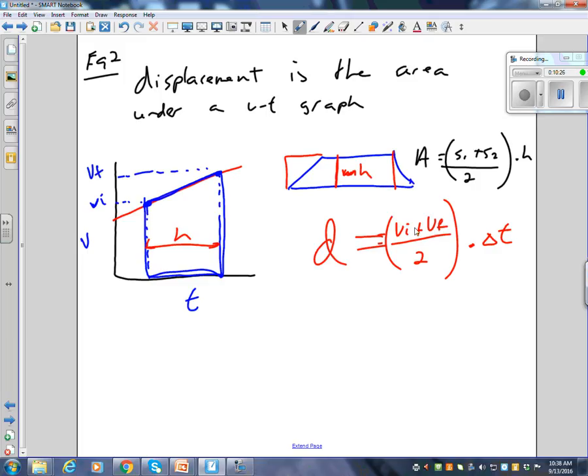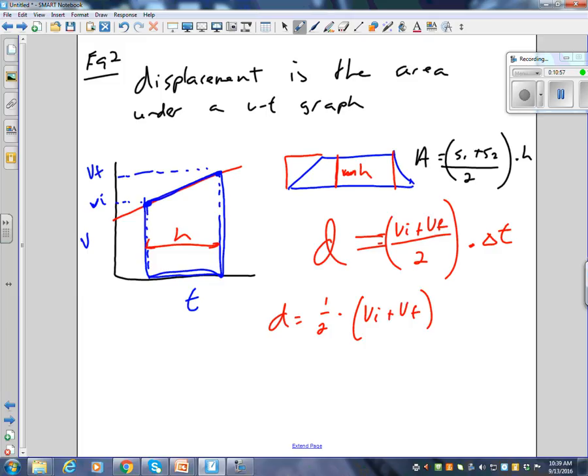So now, here's the part that everyone hates. I'm going to take out this half. Instead of divide by 2, I'm going to write it as d equals, like dividing by 2 is not the same as multiplying by a half. Okay, so I'm going to write it as 1/2 times, and advanced academics like to use a little dot for times, because x is for kids. So it's 1/2 times